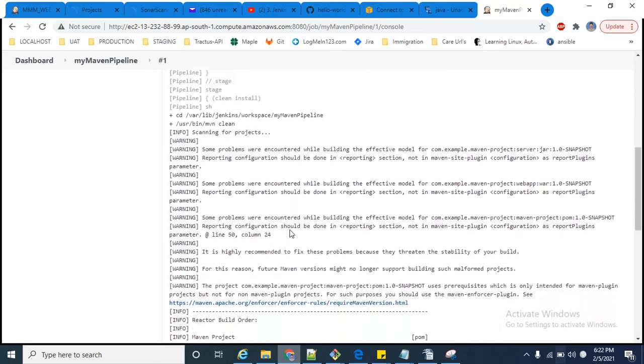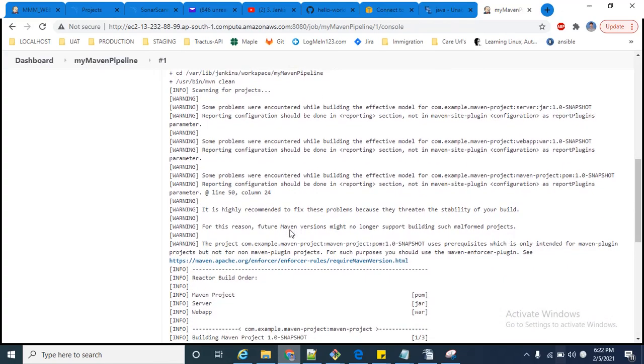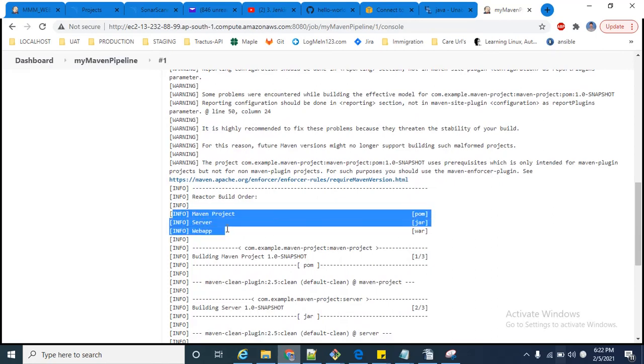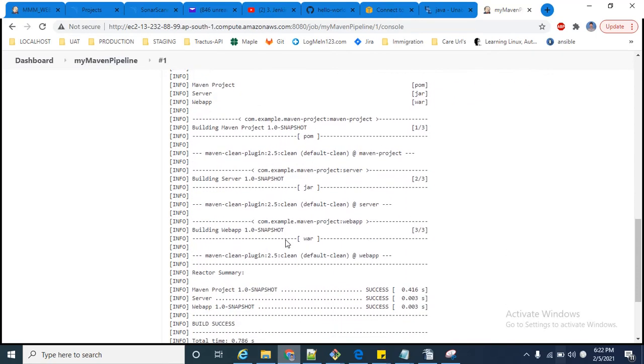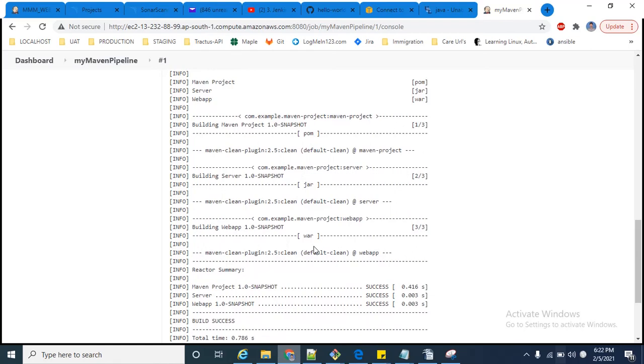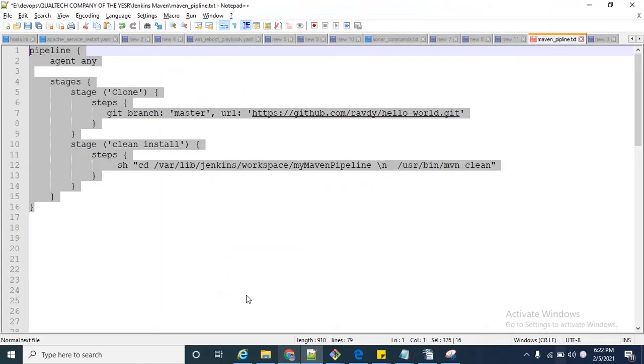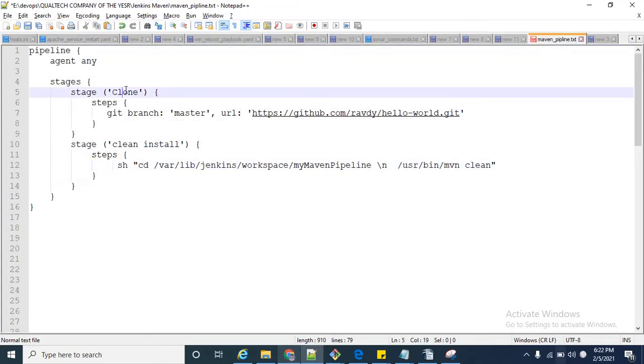Basically this output is similar to when we created a Maven job. All this output is the same. You can see build success and success.